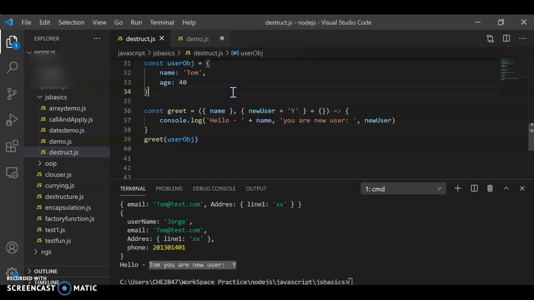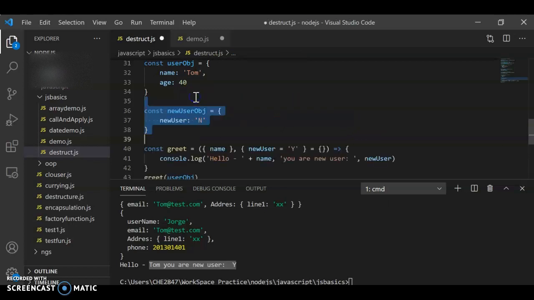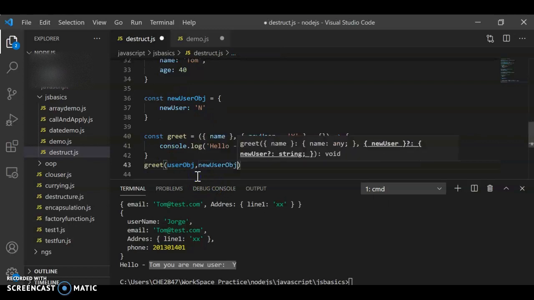Suppose you don't pass this value, an object with this property, it will consider the default as y. But if you pass the value of new user, then it will print new user. That's why I declared the new user here. So let's say you want to use a new user object. Let's pass this new user object here.